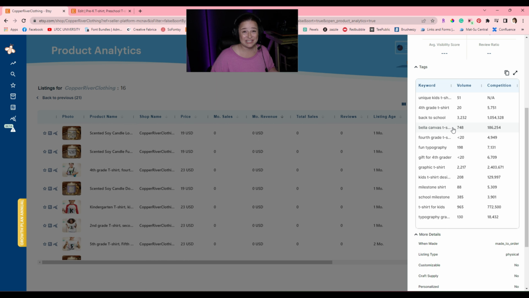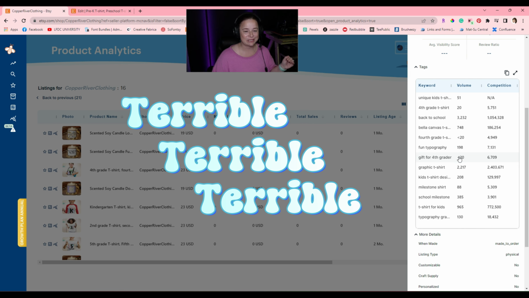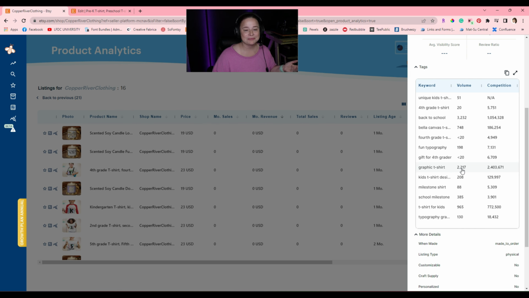Bella Canvas t-shirt, probably again, why would I even put that? I have no idea. It's less than 20 searches in a whole month. And it's just terrible. Every single tag is terrible. Terrible, terrible, terrible. This is probably the best one. This is sad. I think school milestone might be the only one that's even relevant and good,